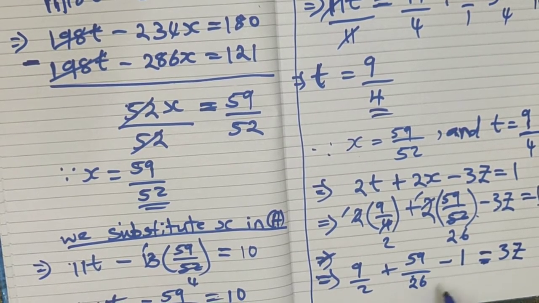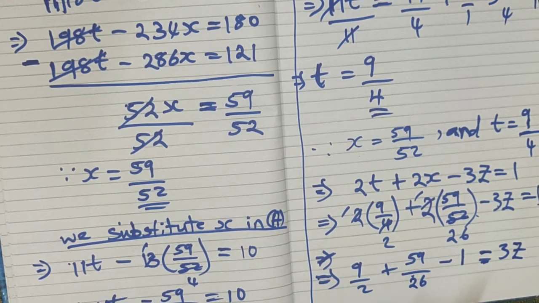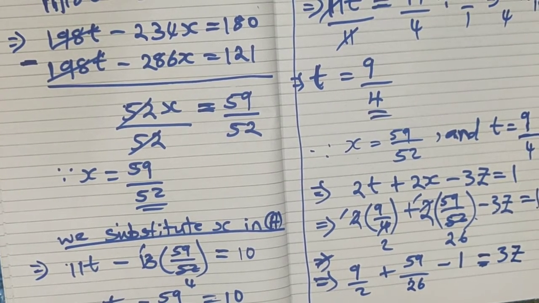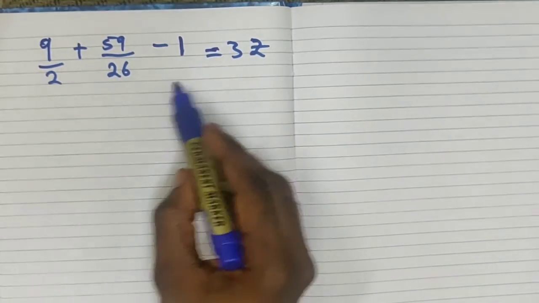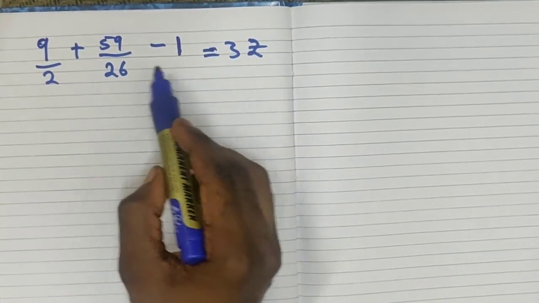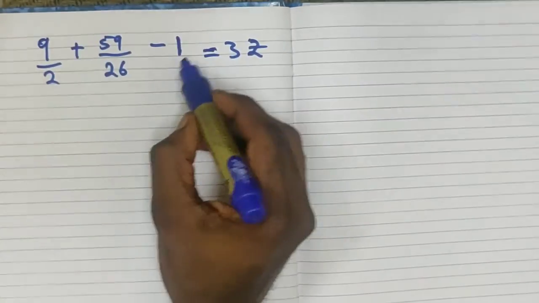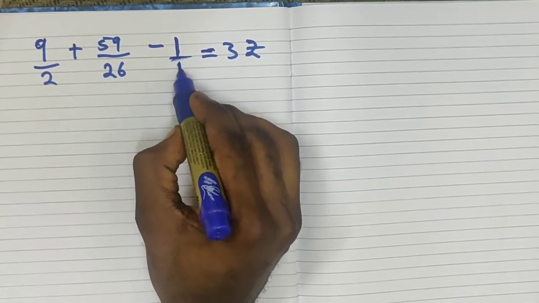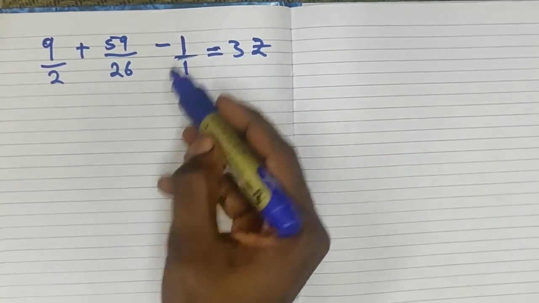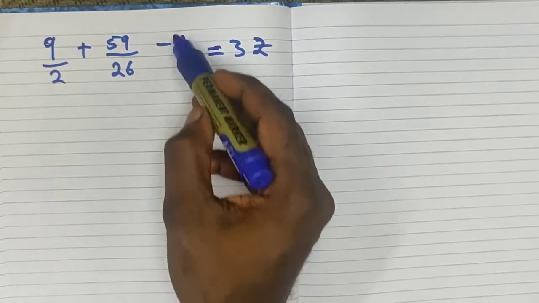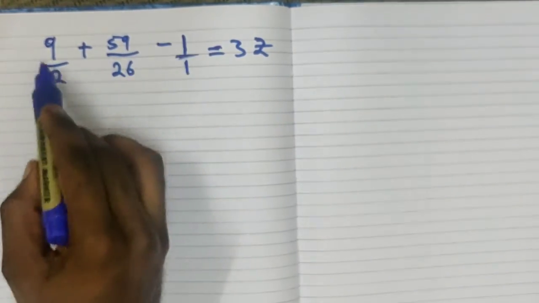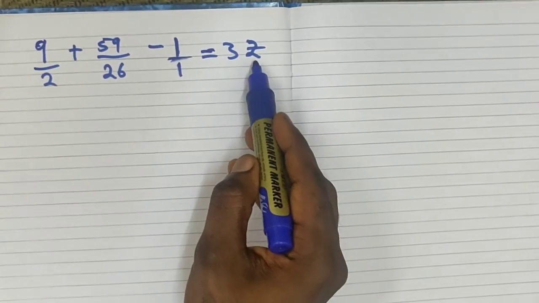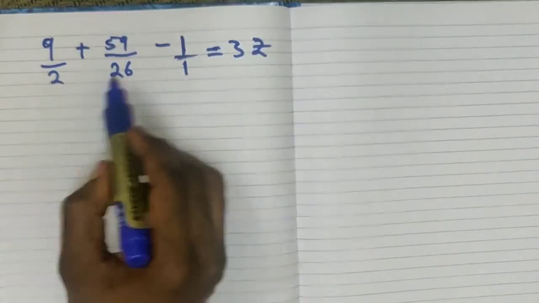So this is the same as, so as you can see, this is a fraction. 1 on 1 simply means 1 divided by 1 is still the same thing as 1. So we just have to make this one to become a fraction also. So we have to solve for this fraction. Then we look for our z. So if we solve this fraction,